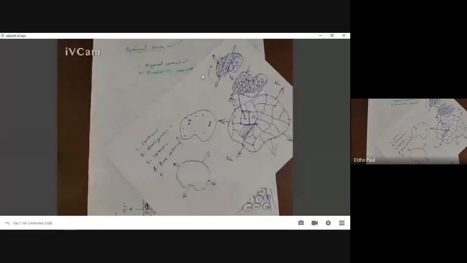Another assumption is we ignore the self weight of the structures or materials. In some cases we consider self weight, but probably we ignore the self weight of the members. And another assumption is that Saint-Venant's principle is valid. So these are the assumptions, and we will explain all the limitations of these assumptions.